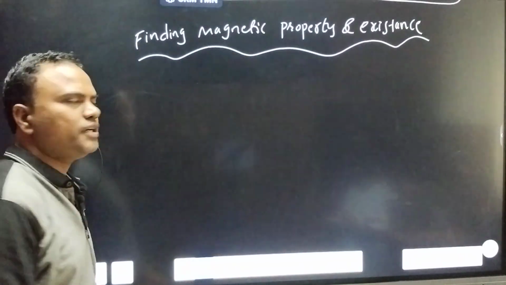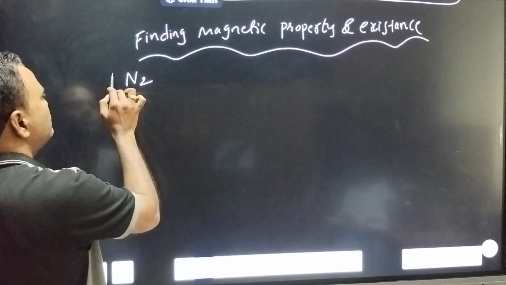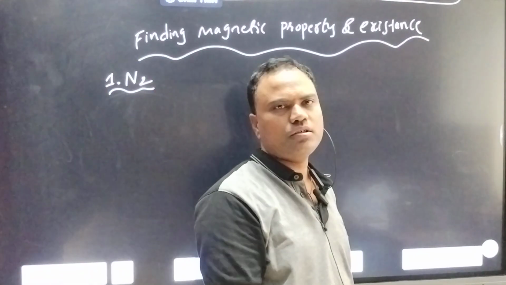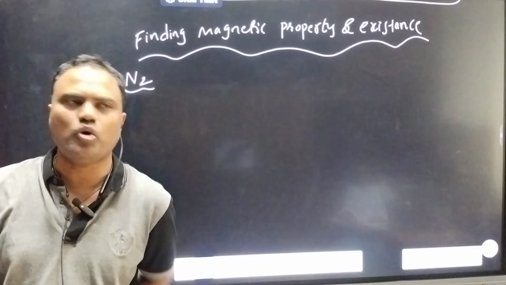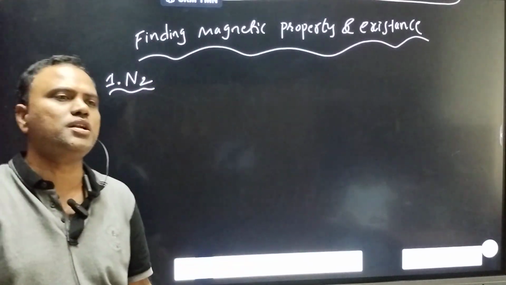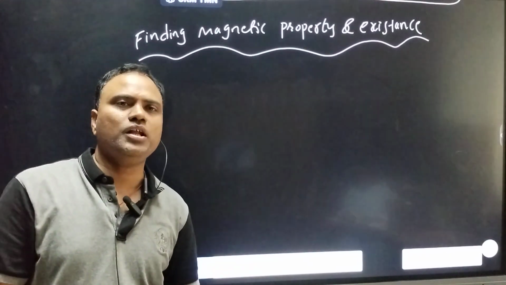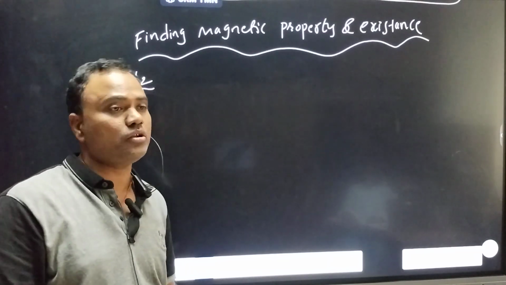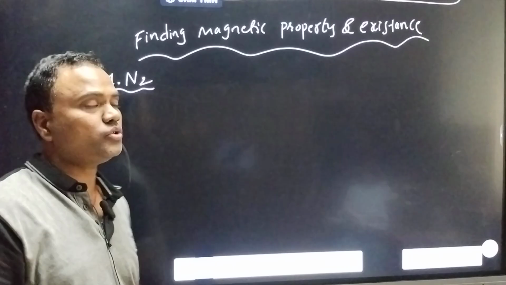Let us take one example. N2. N2 is paramagnetic or diamagnetic? And how many electrons are present in the bonding molecular orbital? Sometimes you'll get a question like this also. How many electrons are present in bonding molecular orbital? How many electrons are present in anti-bonding molecular orbital? Then what do we have to do? We have to write